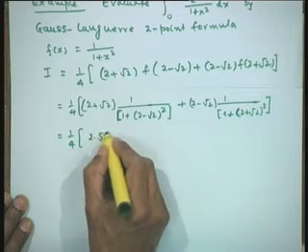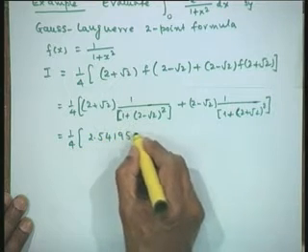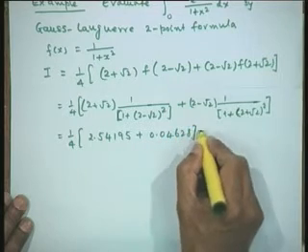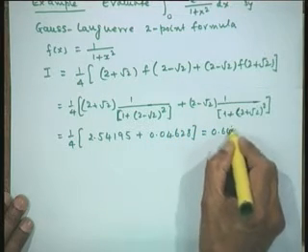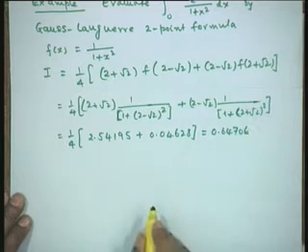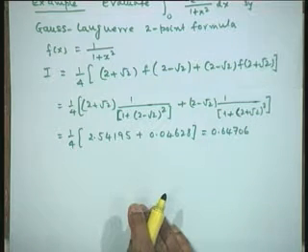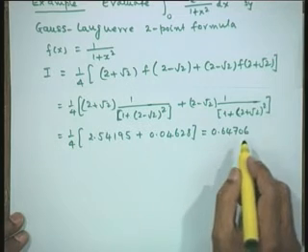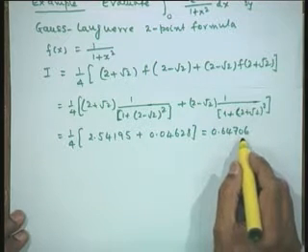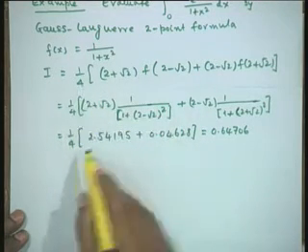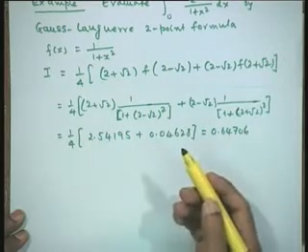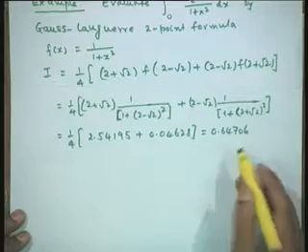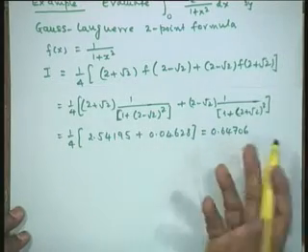This actually comes out to be 1 upon 4 times [2.54145 plus 0.0628], and this is 0.64706. This result may not be of the required accuracy. The computation can be done using the 3 point or the 4 point formulas. The computation can be stopped when the magnitude of the difference of two successive values of the integral is less than the given tolerance.